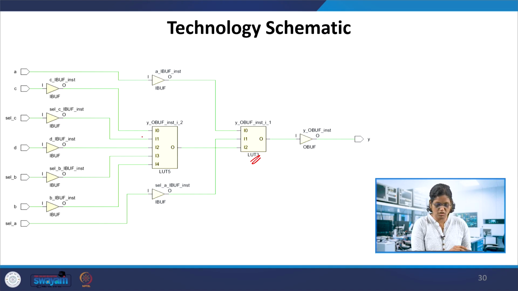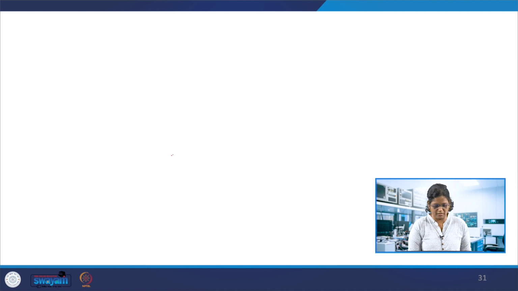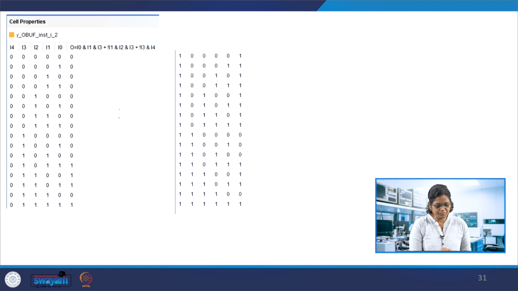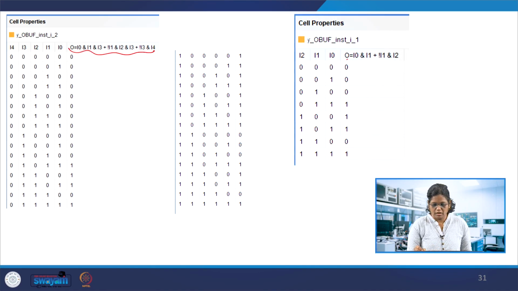This has the mux structure used in the RTL along with the priority structure, and it is synthesized using the technology schematic like this. We also get the truth table for the synthesized logic, and the second LUT has this logic with I0, I1 and I2.